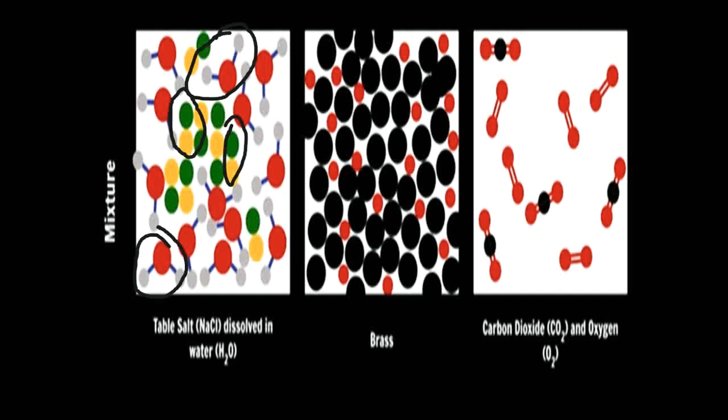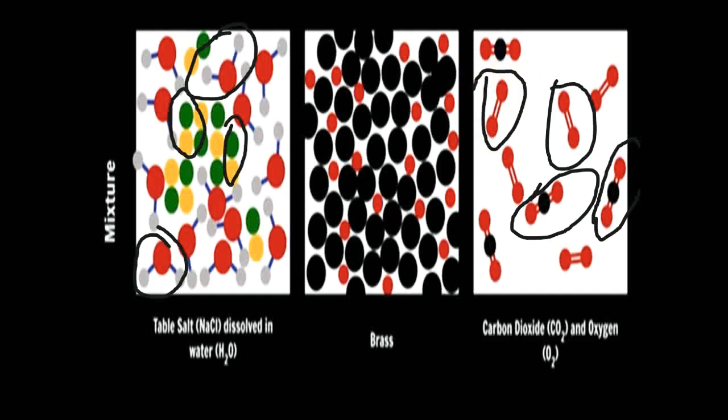Look at here. The third, the mixture of carbon dioxide and oxygen. This is a carbon dioxide molecule. This is a carbon dioxide molecule. And you can also see here the oxygen molecules are also present. So as two different kinds of molecules are present, the mixture of carbon dioxide and oxygen is also an